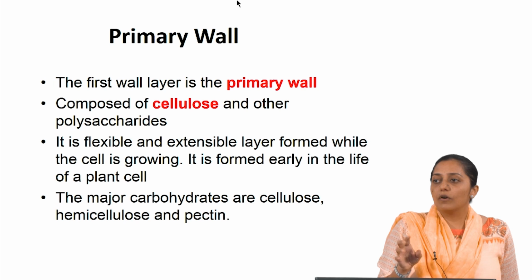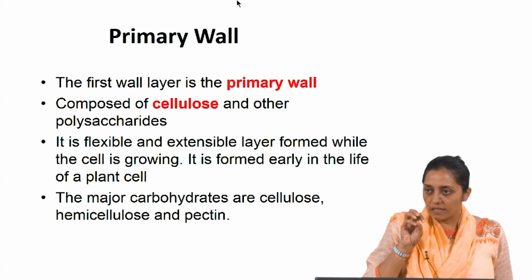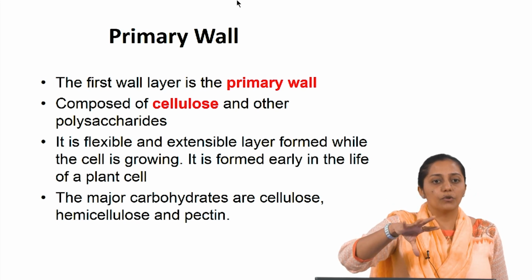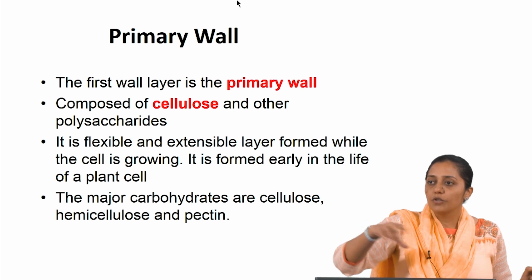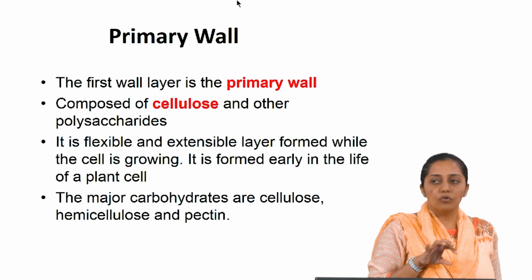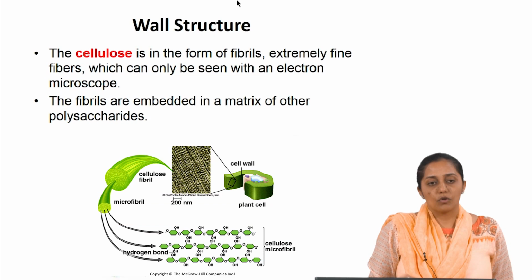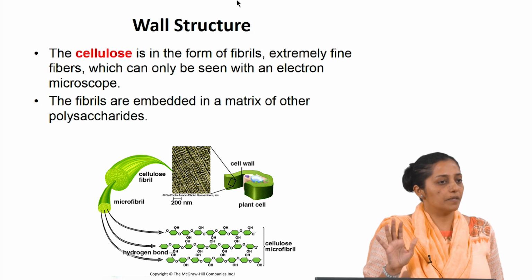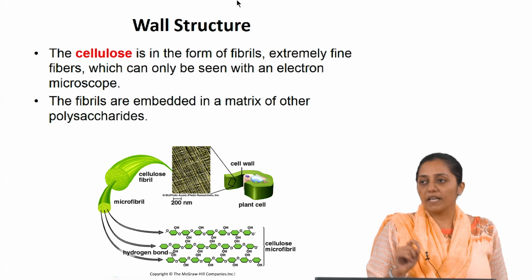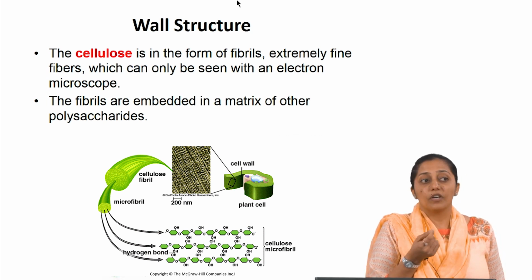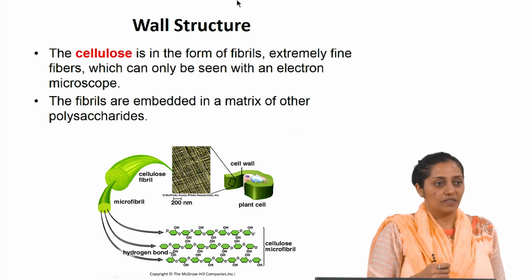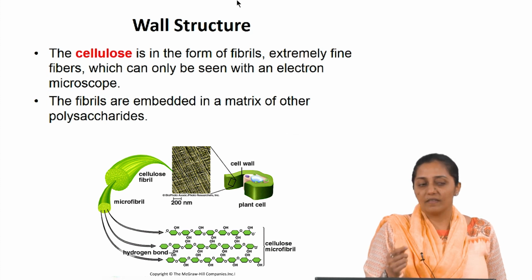Why flexible? Because these plant cells are still growing. Once they are young, they still need to grow. The cells are flexible to increase in size, to stretch, to become elongated. So the primary cell wall is more flexible in nature. I have already spoken about the major carbohydrates in the primary cell wall. Cellulose under SEM looks like this. Complex and fibrous, like linen fibers or flax, the fabrics you may have seen.